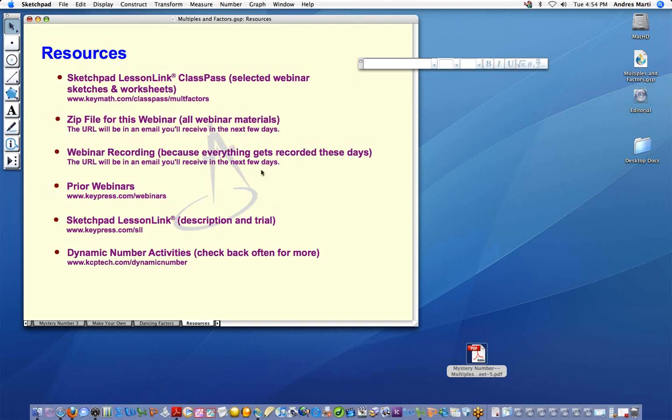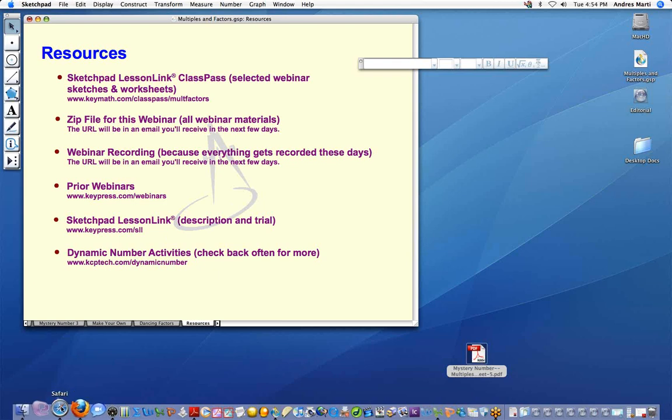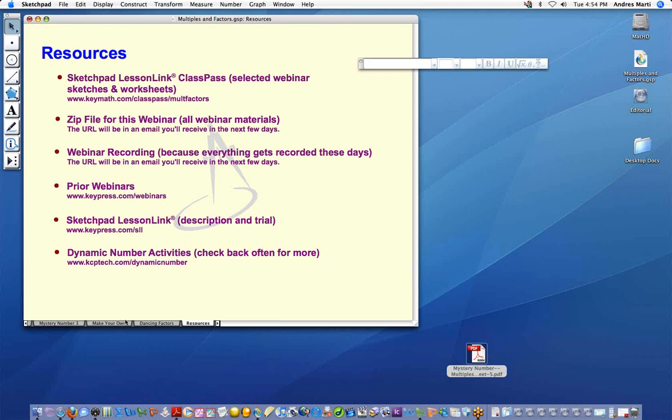Right now we are going to open it to any questions. I'm not really seeing any questions except there was a question about Sketchpad 5. If you purchase it, where do you get the special applications? And I am not quite sure. Oh, Victoria is talking about the sketches. The sketches that you are seeing Daniel use are actually new ones created by Daniel and Scott, but also most of them are coming from our Sketchpad lesson link,